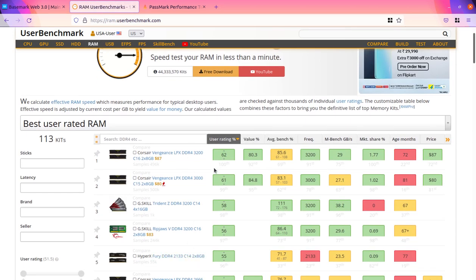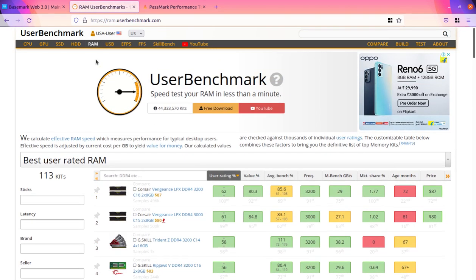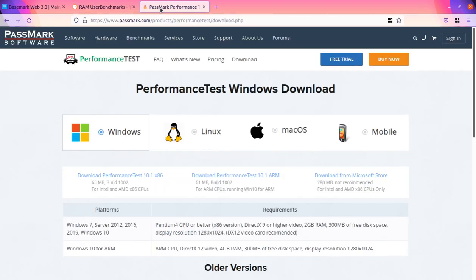So this website is going to help you in configuring the right machine, the right computer for you. And okay, now I will show you another website, and this is the PassMark software website, and definitely I am going to add the link of this